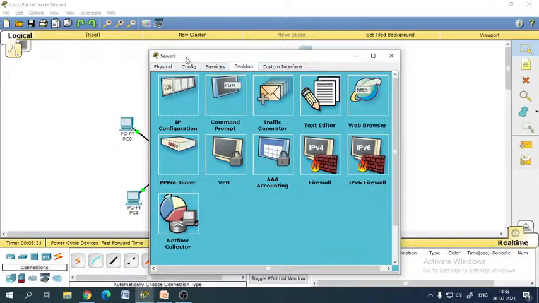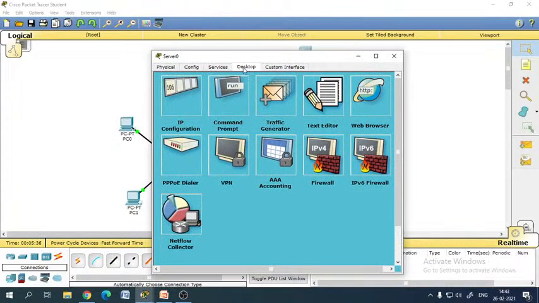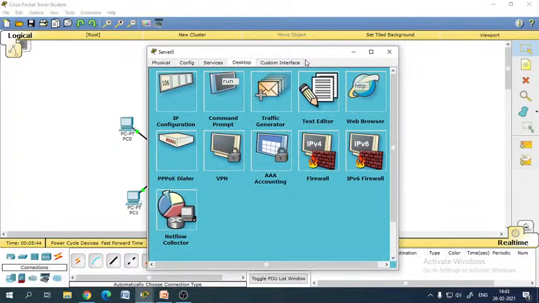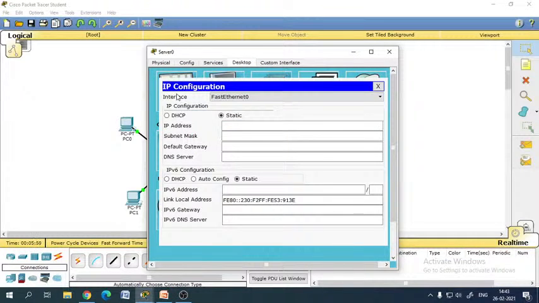For the configuration, we can go to the desktop part. For easy configuration, I am not going into scripting of the servers, but rather we will go to the server's desktop tab. Let me go in a very slow mode. So once we click on the server, we go to the desktop part, and using it we assign an IP address to the server itself. Why? I am going to tell later on. So what I wanted to assign is a server IP address of